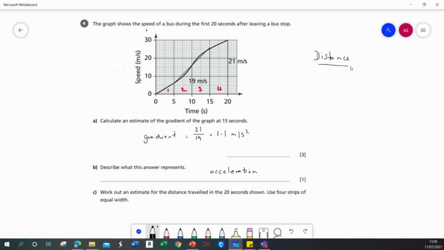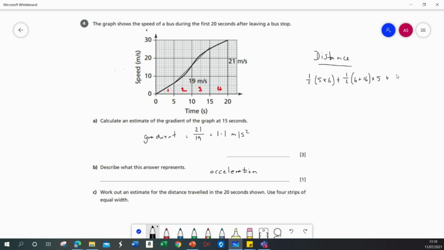So the distance will be the area of the triangle, and I can see that's a triangle with a width of 5 and a height of 6, so half 5 multiplied by 6 plus the area of the strip number 2, which is a trapezium, which will be half the 2 lengths of the parallel sides, which are 6 and 16. I can read those off the y-axis, multiplied by the width of the trapezium, which is 5,